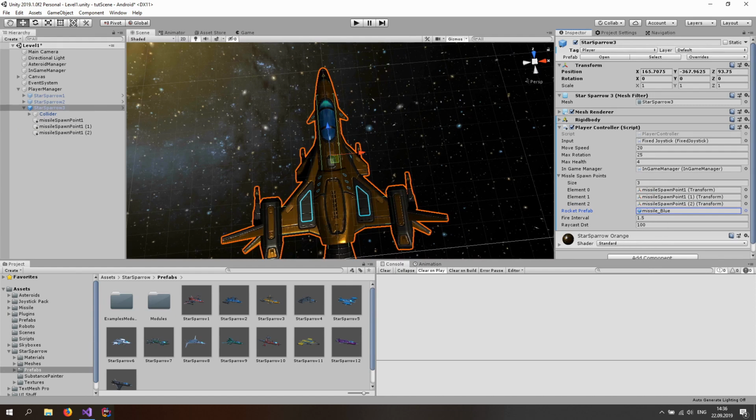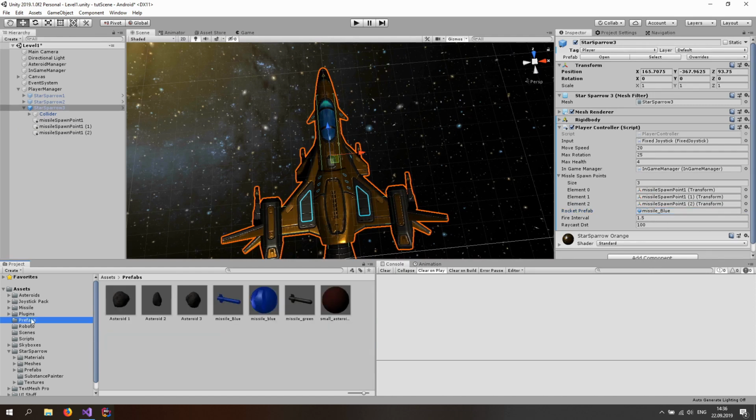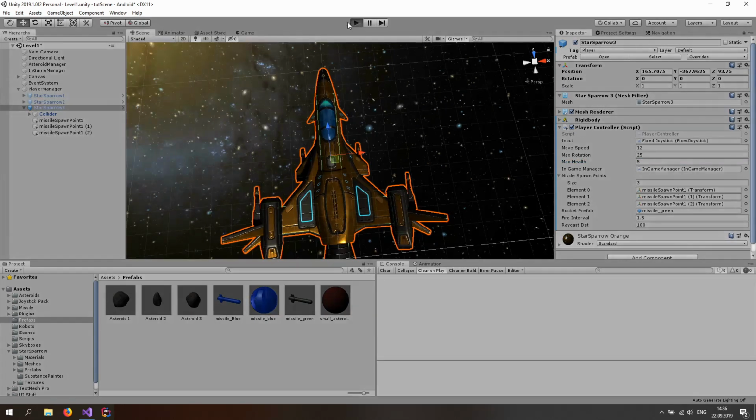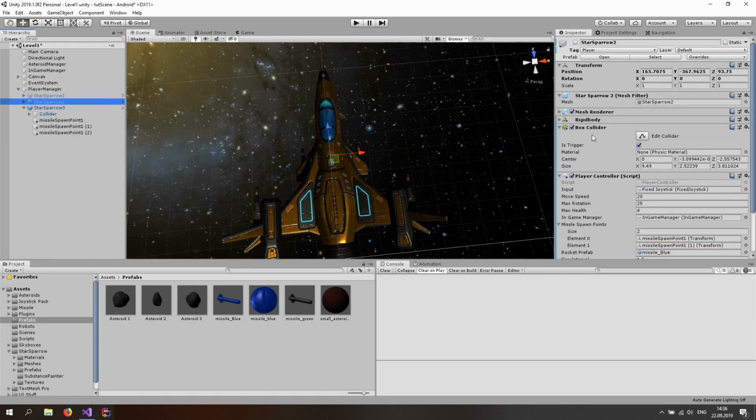And for the rocket prefab, let's just go to the prefabs folder and change this to the normal green missile, and you can have as many missiles as you want. Let's make the move speed something like 12. Let's make this a slower rocket, and the max health, let's make it like 5. Okay, now if I start the game and go to the Star Sparrow 2, we have a box